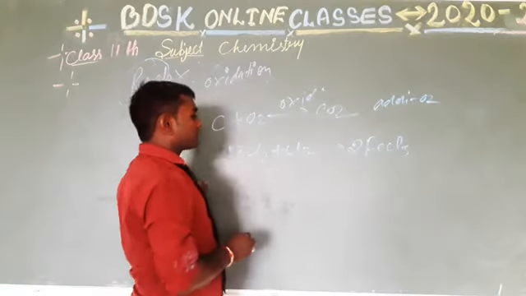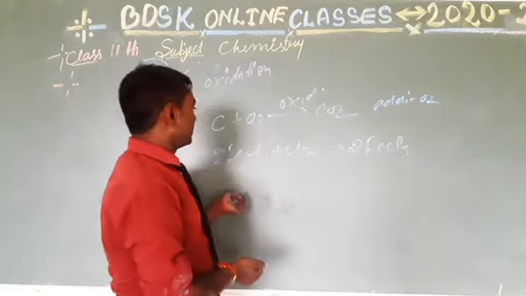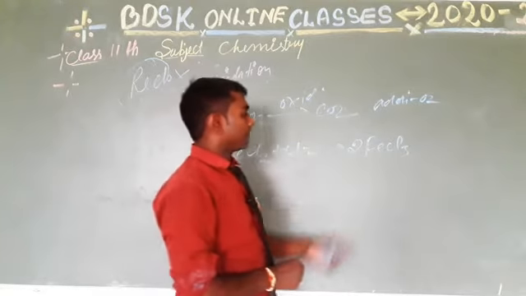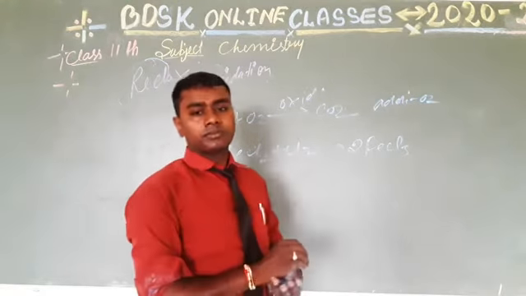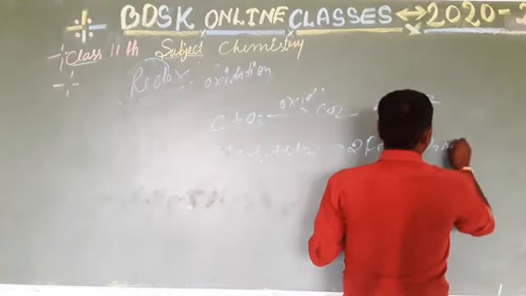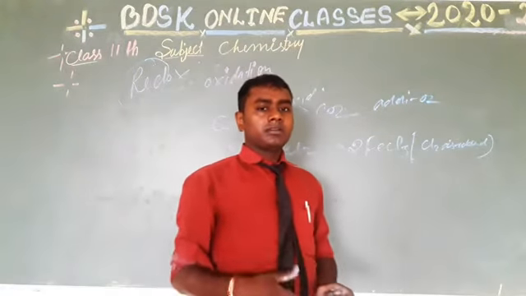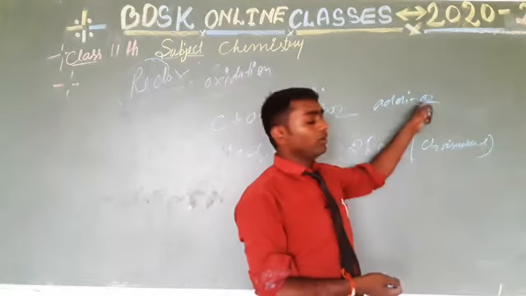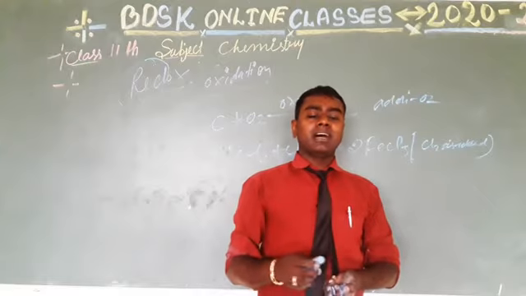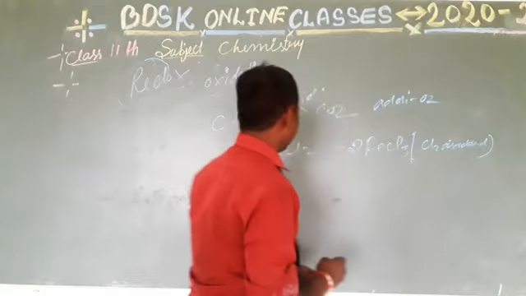FeCl2 plus Cl2 is equal to 2FeCl3. So you can see that this is a chlorine atom which is electronegative in nature. It is added in this compound form FeCl3. Okay, so in this reaction Cl2 is added, that is an electronegative element, and I told you the addition of oxygen or an electronegative element is called oxidation. Okay, next is removal of hydrogen is also called oxidation. So let's see.